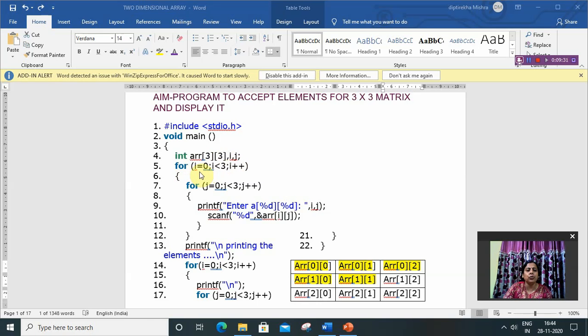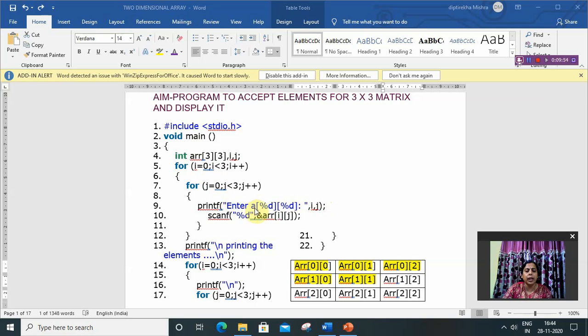And the for loop: for i equal to 0, i less than 3, i plus plus, then the second for loop, j equal to 0, j less than 3 and j plus plus. And here "enter a[%d][%d]" with i, j means it will display the values of i and j. First time the i value is 0 and j value is 0.